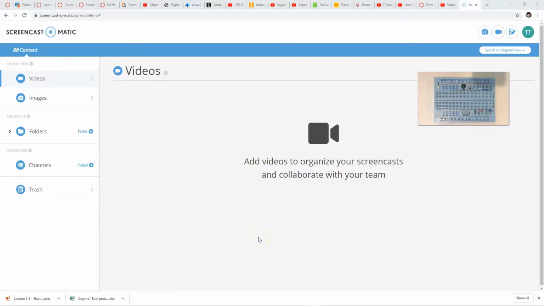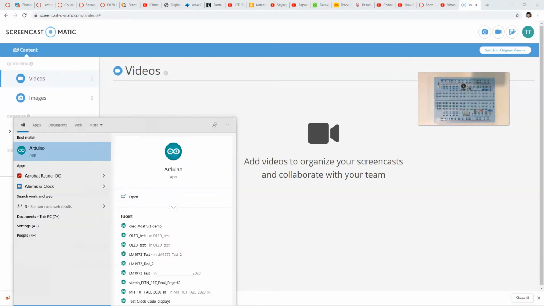Unit 3 for ELTN 117. In this video, we're going to be going over setting up the Arduino software for the Stemtera board and also wiring our first circuit. So if I launch the Arduino software,